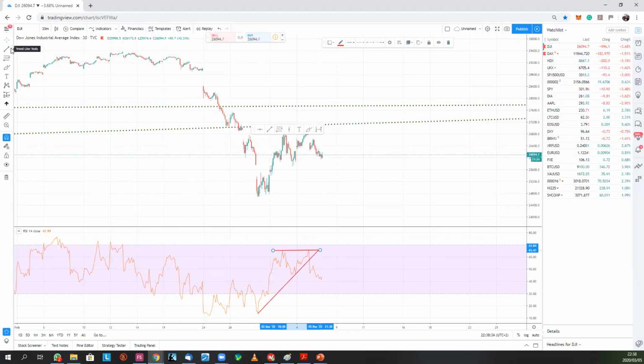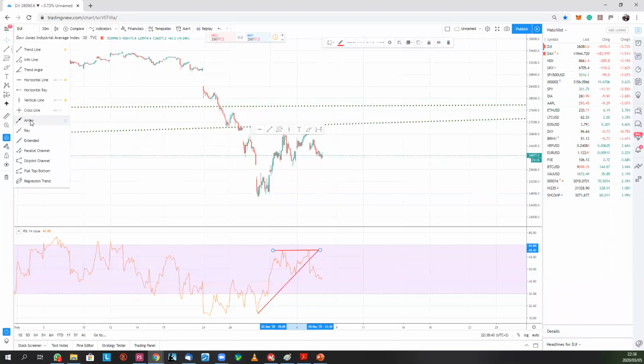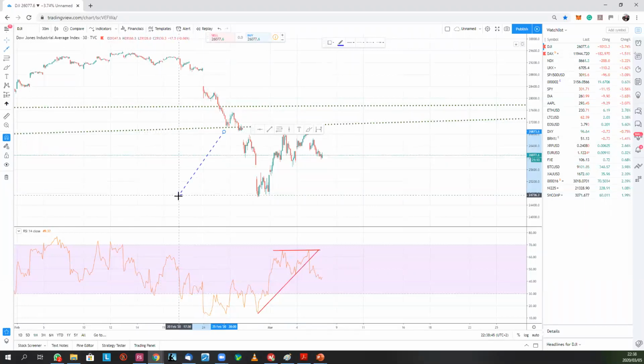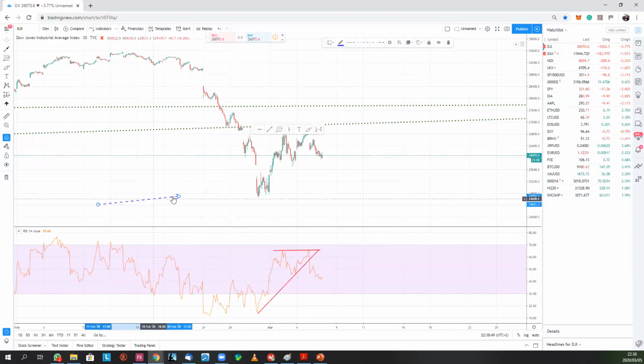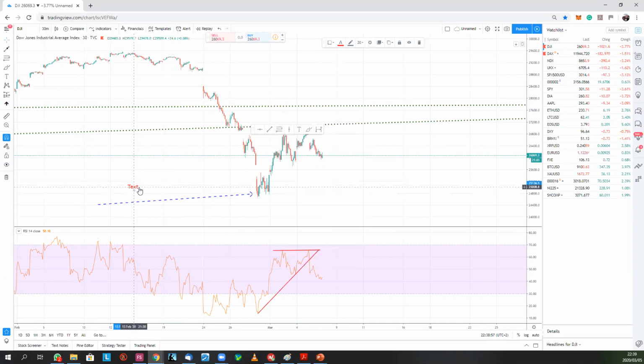So we have now the trend line tools. You can use any of those. You can make it a ray or just an arrow. So you want an arrow, you just click on the arrow. You want to show somebody something, you click on the arrow and you show them. Then you can add the text or the text box, and you can put there